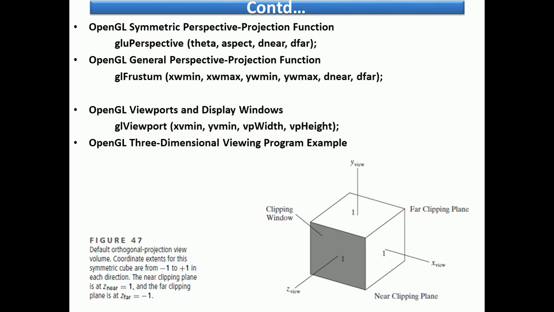As there is no OpenGL function for generating an oblique projection, to produce an oblique projection view of a scene we could set up our own projection matrix. Then we need to make this the current OpenGL projection matrix. Another way to generate an oblique projection view is to rotate the scene into an appropriate position so that an orthogonal projection in the z view direction yields the desired view.